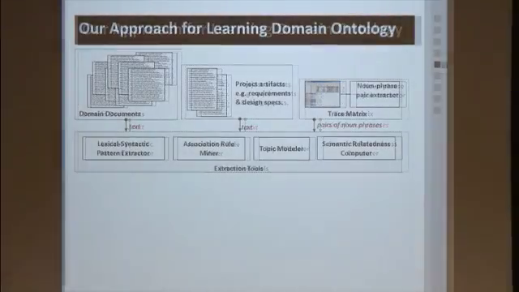Because when we started to think about it, we thought if you have trace links for a specific domain, then you know that there is some concept in the source artifact and some concept in the target artifact that are related, because somebody has said these two artifacts are related. And given our existing ontology, our existing knowledge base, if we cannot explain the link, then we have a really good hint that we could go and search for a relationship between a pair of concepts.